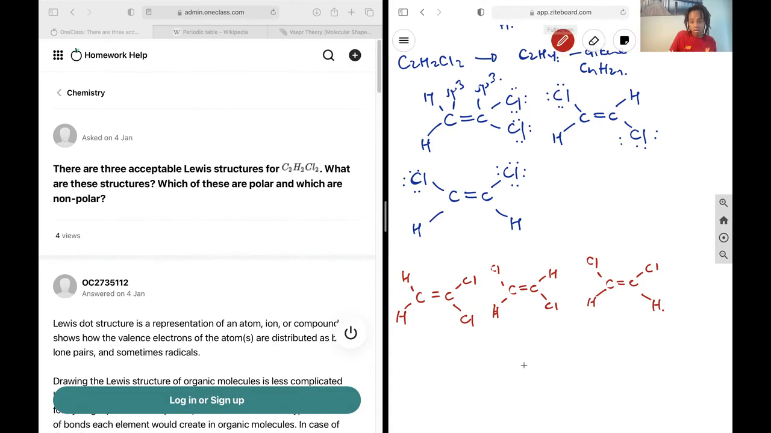Now that we've drawn out the molecular geometry, let's see if the dipoles will cancel to determine which ones are polar and non-polar. In this case, we have this dipole pointing this way, this dipole pointing this way, this dipole pointing this way, and this dipole pointing this way. Again, chlorine is the more electronegative. Between carbon and hydrogen, carbon is the more electronegative. And then lastly, we will have